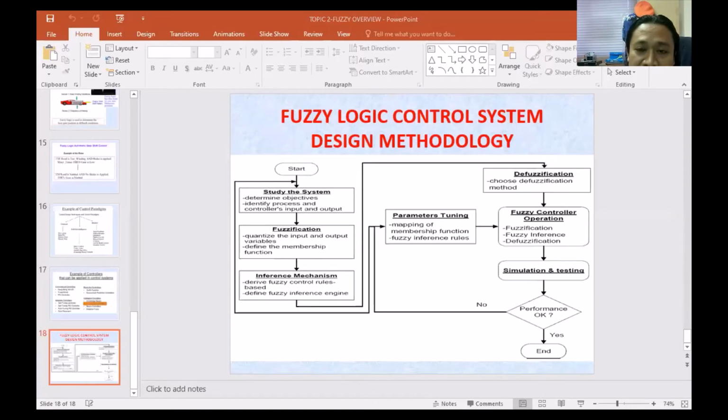I will give you 5 minutes, and then we continue with the new topic, the basics of fuzzy logic and fuzzy relations. After this, I will share the new link.